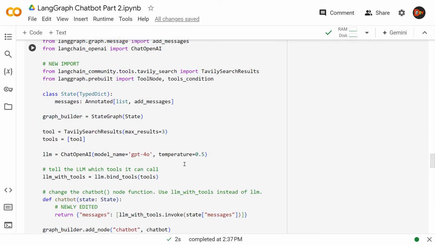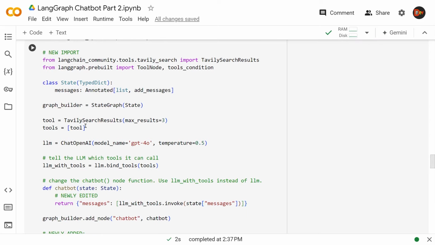Now this part is new. Here we are actually creating the tool using Tavily search result wrapper with a max results argument of 3. We're asking for 3 results, and then we're creating a tools array and passing that tool in there. At this point, we are going to have only one tool. And then using Chat OpenAI and model GPT-4o, temperature 5, we're creating our LLM. Here, we're taking our LLM and using .bind tools and passing that tools array and creating a LLM with tools